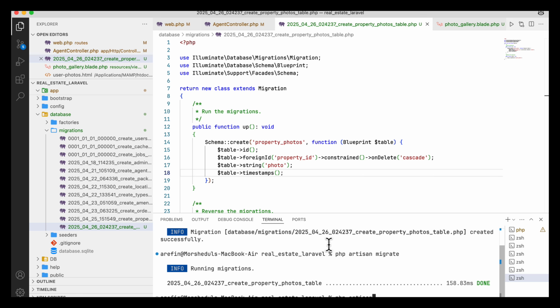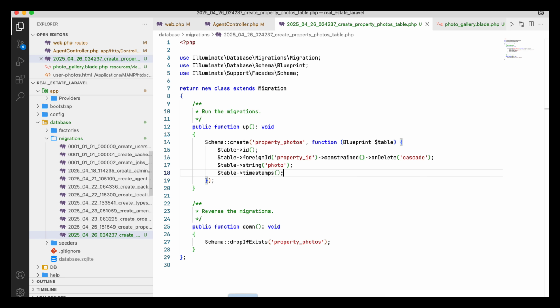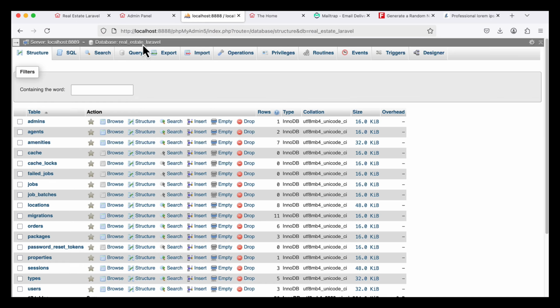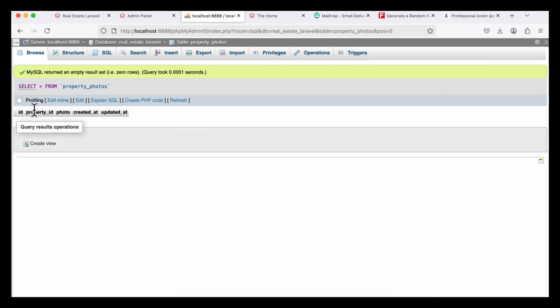Another one needed is the model: php artisan make model, and this will be the property photo model. So create the model. Now I am going to check that table if it is created or not. You see, after the properties it is the property photos table. Okay,